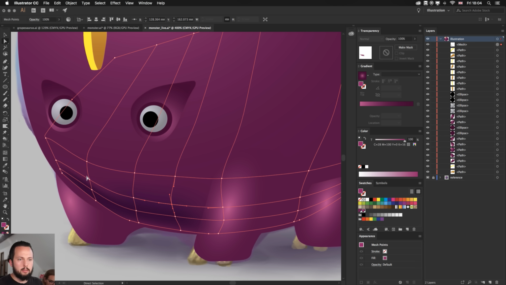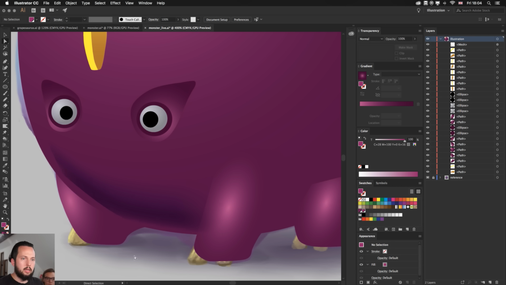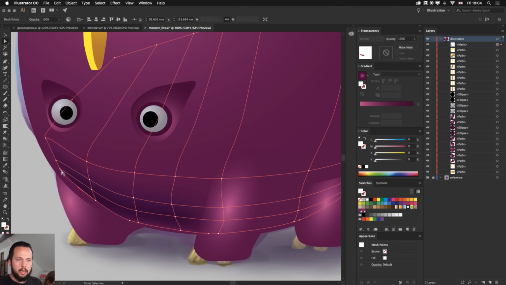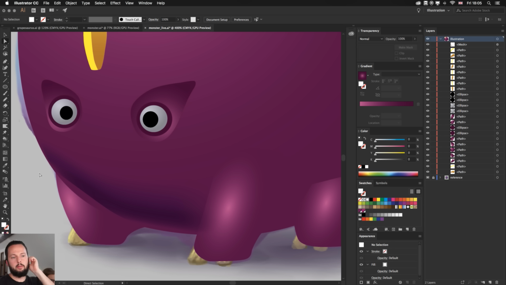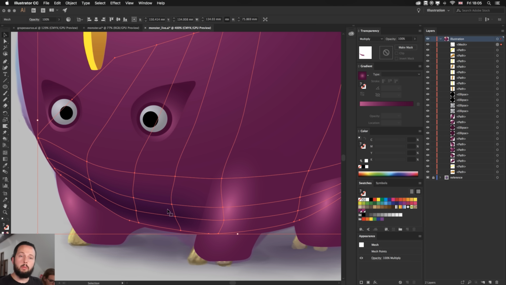So we have the brighter color, we can put that on these points here, and then we are starting to build up the effect. Nice. So these points, by the way, the actual shape itself can also be amended. So if we feel like this should come all the way out or just a bit further out, we can always change them later. And what you can do, of course, is to move this mesh behind the leg.